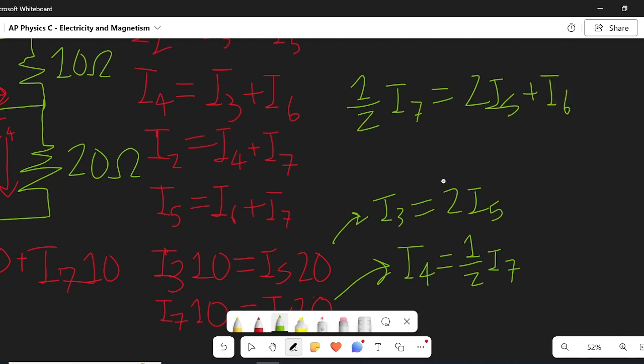Essentially now, if we isolate I7 and I5 on one side, and use this equation to solve for I7, I5, and I6, we'll get that I7,